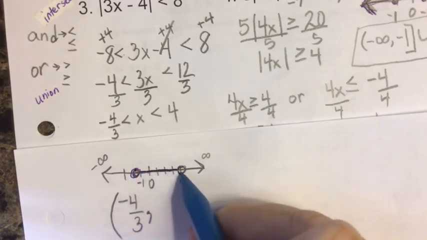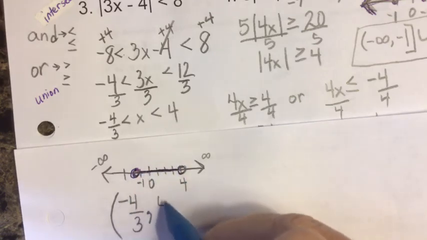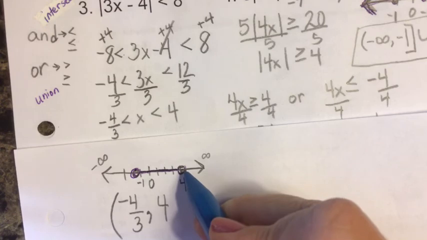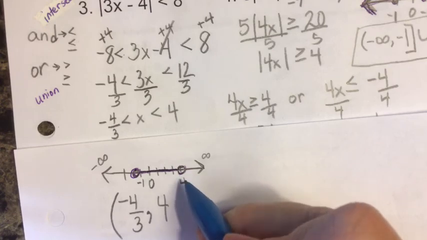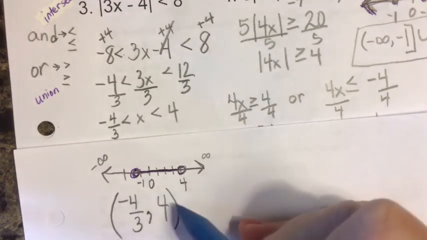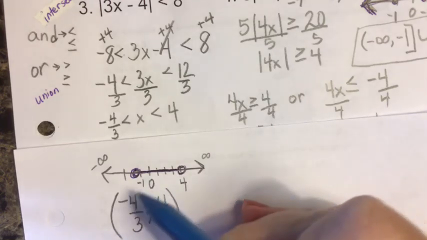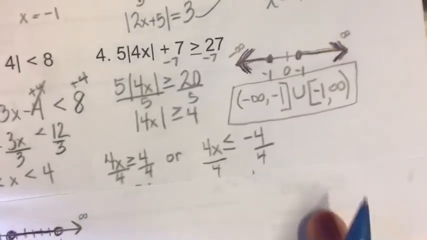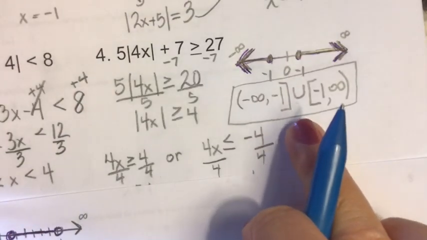Where does the shading stop? It stops at 4. Does it include 4 or exclude 4? It excludes 4, so you put a parenthesis. This is typically what an and interval notation would look like,